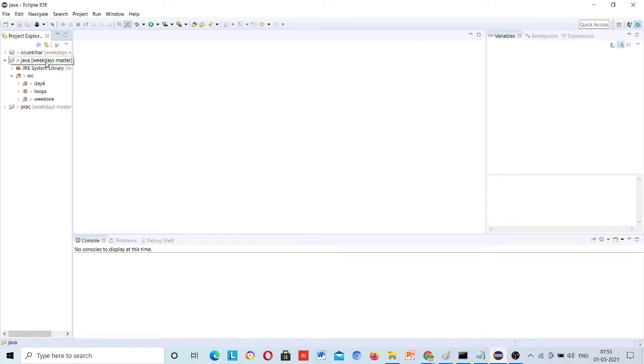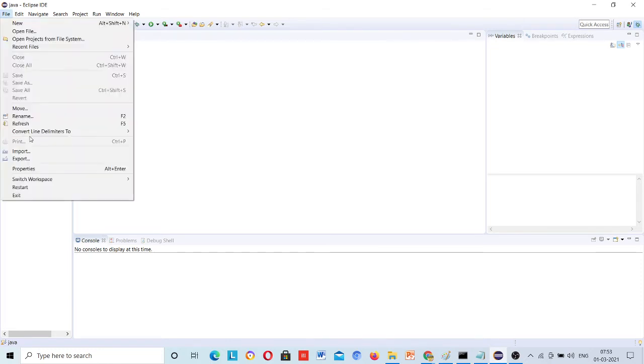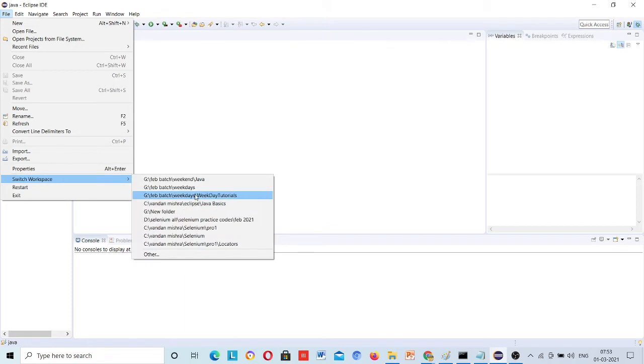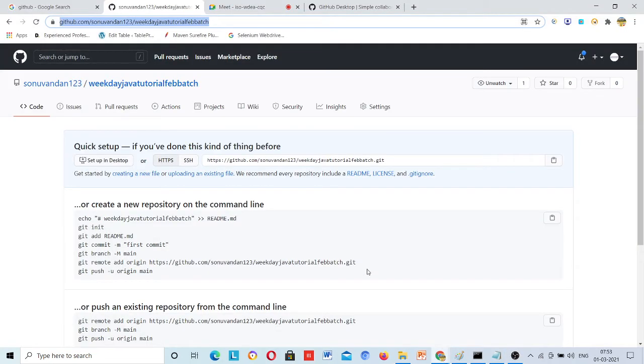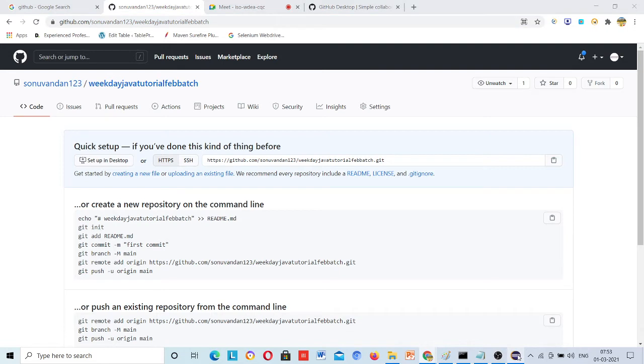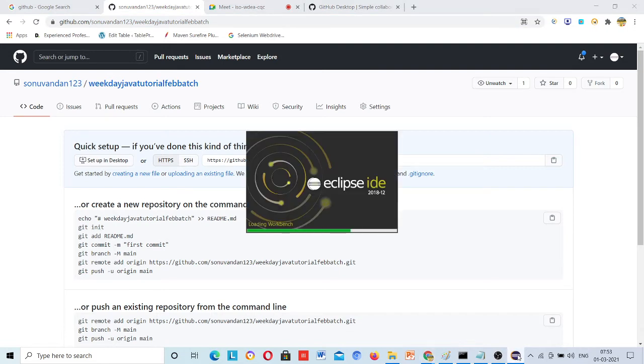Currently this code is communicating to some other URL, so if I explain it today, you will be confused. So I am changing the path, switching to workspace, coming to weekend. That code I will upload just for reference, that this is the weekday tutorial, and I am uploading some code here. Similarly, you will upload your own code.